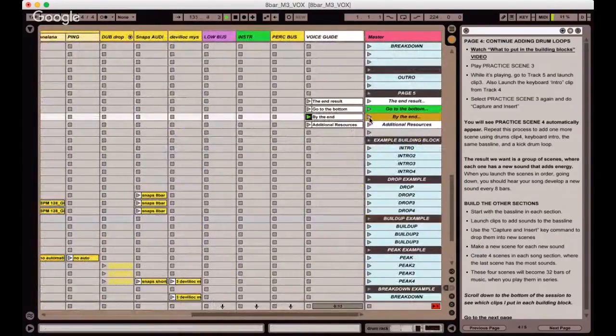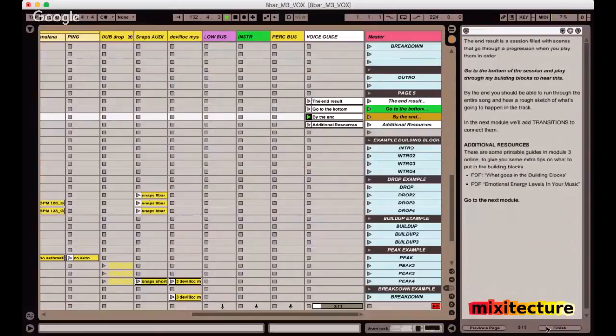What's at the end? By the end, you should be able to run through your entire song and hear a rough sketch of what's going to happen in the track. Okay. Additional resources. I put a few things in. Okay, and then there is an online component about this. So let me flip over and screen share